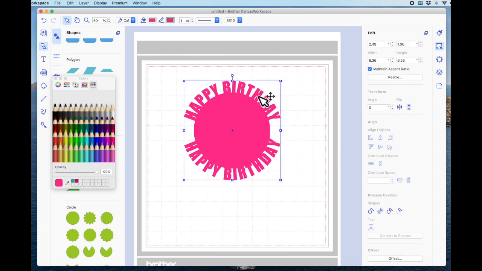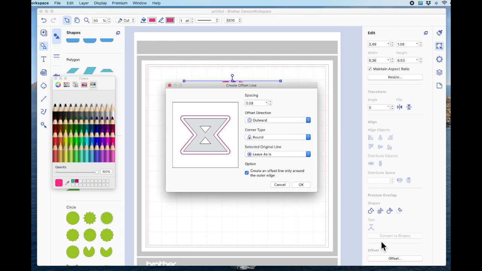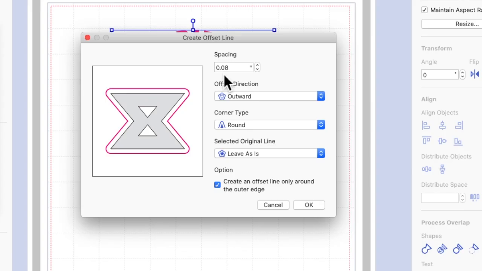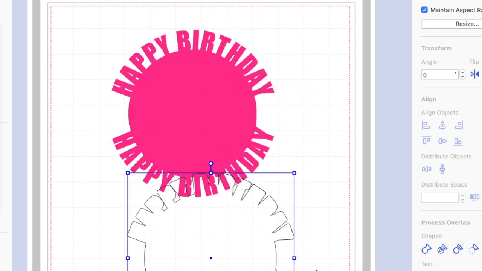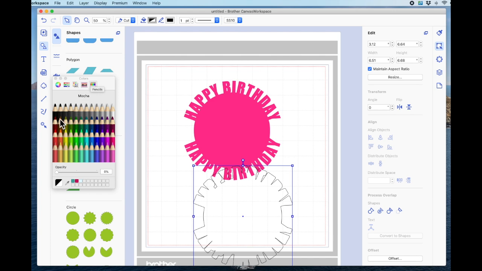Now the way I made my card, I selected my shape once it was all welded. And while I'm still under the editing icon up here, top right, I came down to offset and I used a 0.08 spacing. The offset direction was outward. I left it as it is, rounded, and I made sure that create an offset line only around the outer edge was selected, and I said OK. And that has given me my offset, which if I now fill in black,